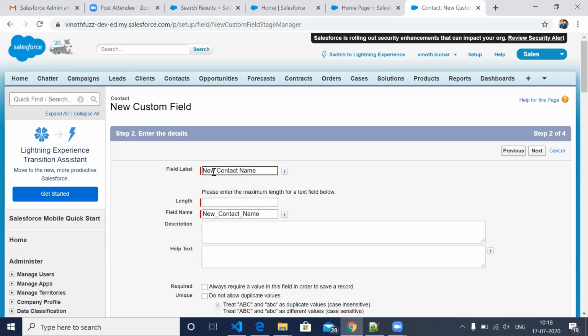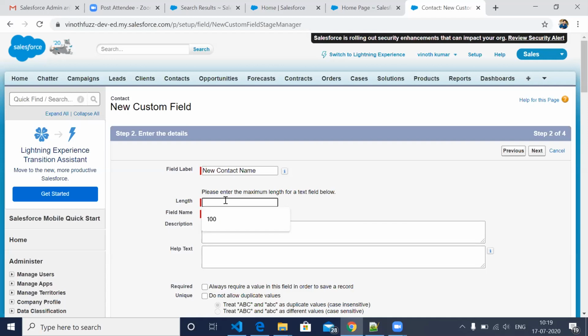Wherever you give a space, an underscore will get filled in automatically. So this will be created automatically. It is a unique value. Now we have created one name like this. If we create one more with the same API name, it will give you an error that this column name is already available, you cannot create it.